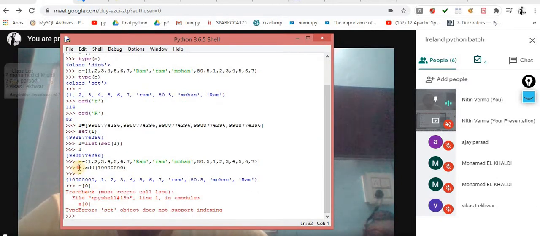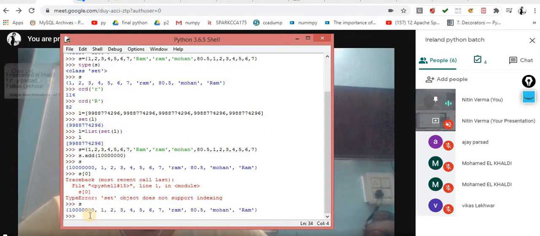The first method is add, if you want to add something into the existing set. So the method is add. This value is added because this is a unique value. Now you can check it out. This value has been added with the help of the method add, and randomly it will be added anywhere. It is not a hard and fast rule. It will be appended into the end, because this is the add method. And here the objects are not in a continuous memory location. These are randomly scattered.